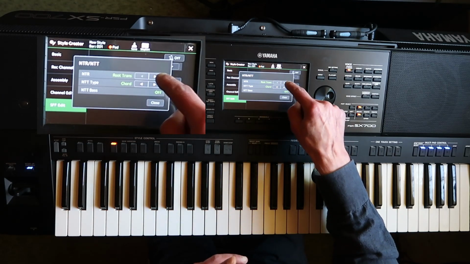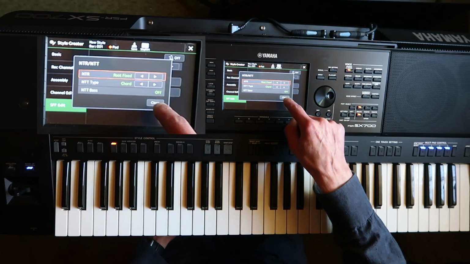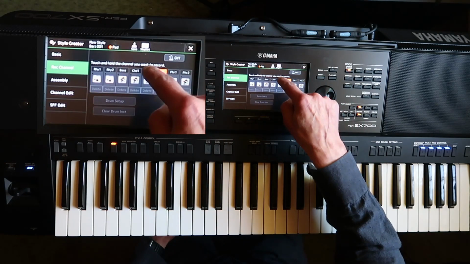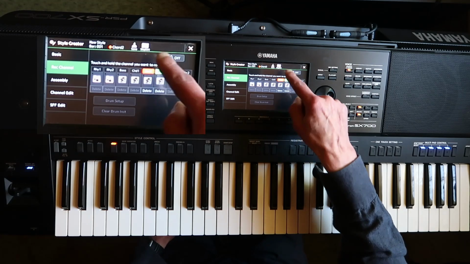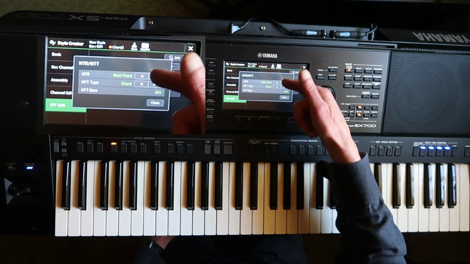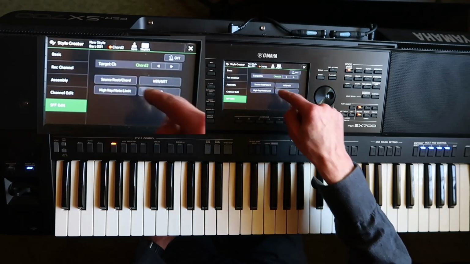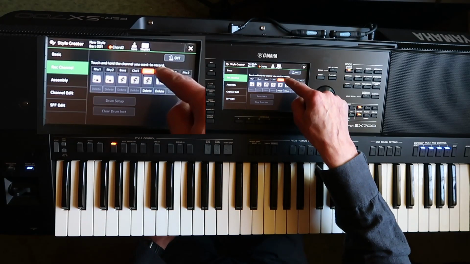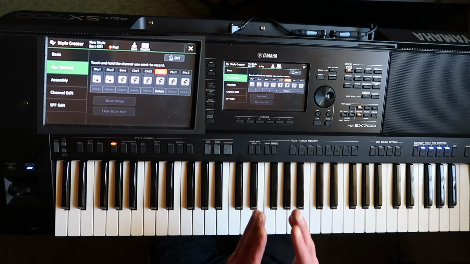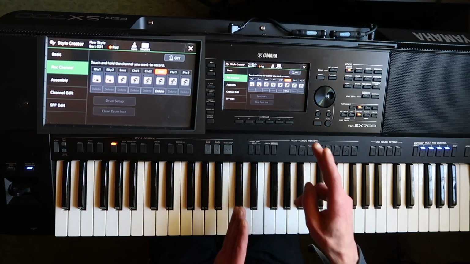Solution is simple. We change that setting to root fixed. Being at that, let's take a quick look at channel chord 2. It's empty, but let's just take a look at its settings. As we can see, it already has the settings that we just made in our pad channel. What I'm saying is, it doesn't matter which channel we use for a particular task. The only thing that matters is what settings we apply on that channel.